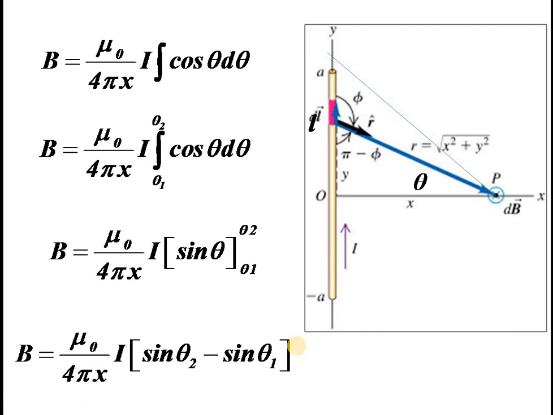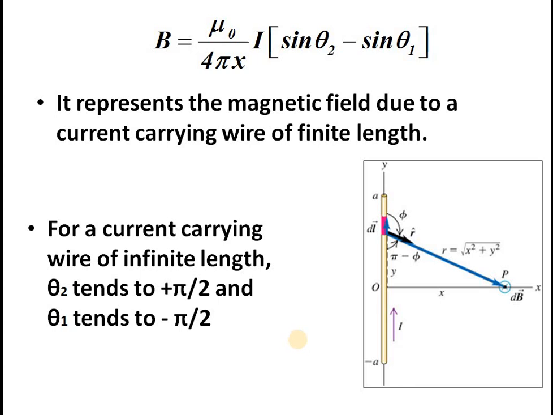This equation is sufficient for a wire provided that its length is small. But if the length is large, assume that it's an infinitely long wire. When the wire length becomes infinitely long, this angle extends to infinity. When this blue line extends to infinity, the angle OPDL becomes pi by 2, that means 90 degrees. Similarly, on the other side this length will extend to infinity, and at the bottom also the angle becomes pi by 2. So one side you can call minus pi by 2 and the upper side plus pi by 2.